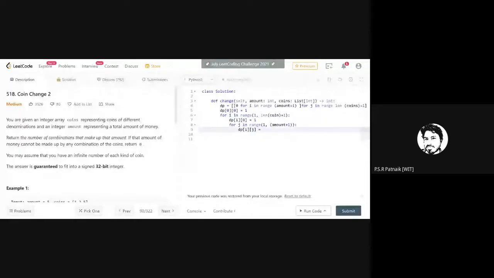So dp of i j is equal to dp of i minus 1, the previous row, jth column value, plus... What you will do? You have to take the difference, right?